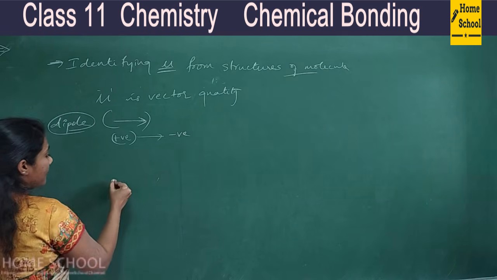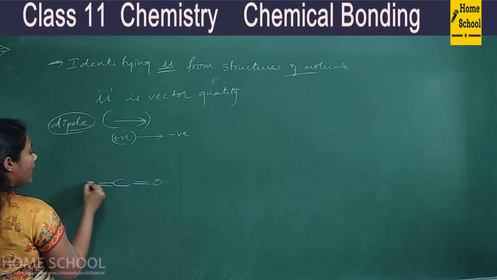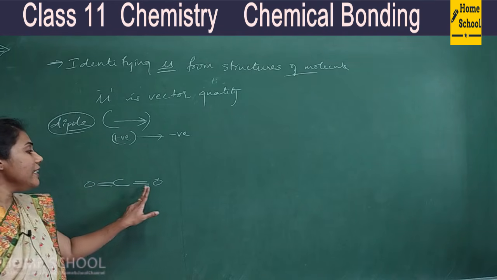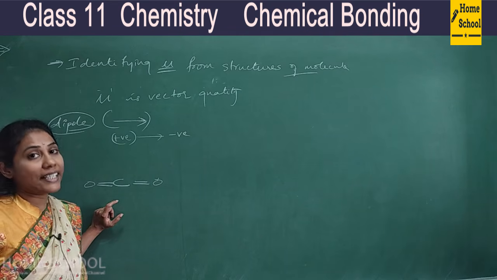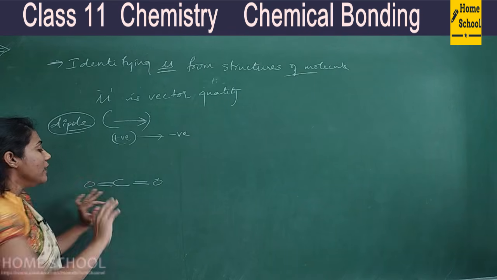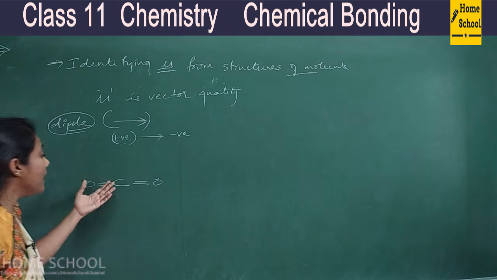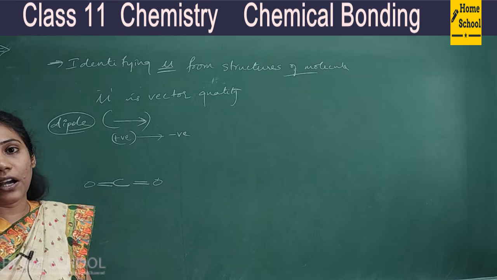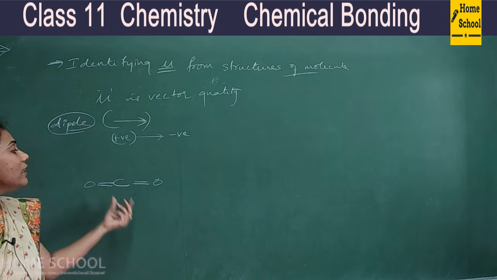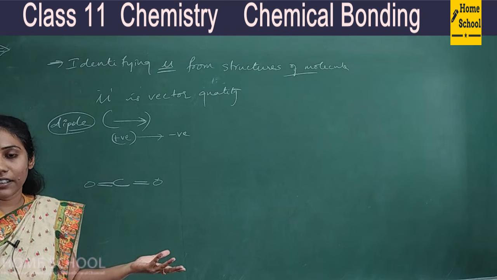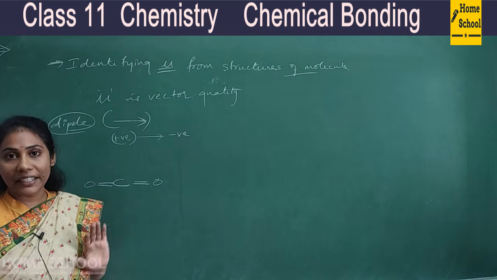Okay, for example, you see carbon dioxide. Carbon dioxide has a linear structure. How do you know that carbon dioxide has a linear structure? You will understand this in VSEPR theory that you will study next. Okay, so just as of now, this is the structure of your carbon dioxide, and I want to decide whether carbon dioxide shows dipole moment or not. Okay, so if dipole moment is there, then we say this particular compound has ionic character. If dipole moment is not there, then we say this will not have ionic character.